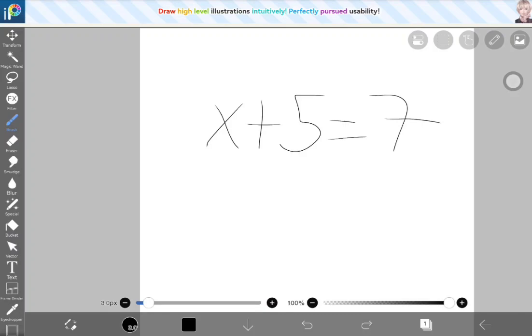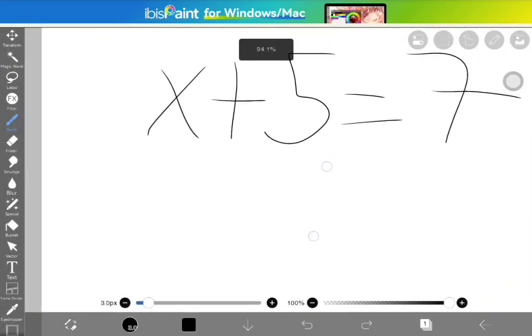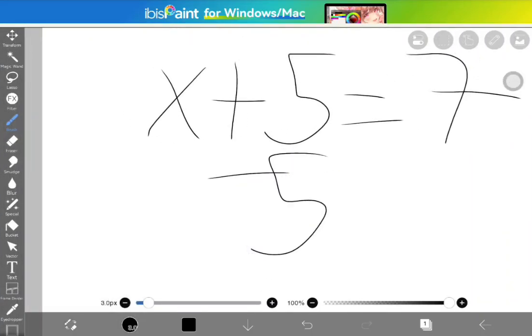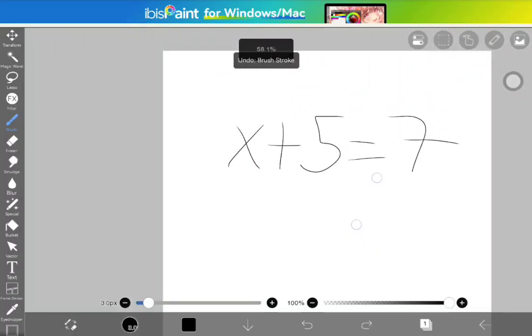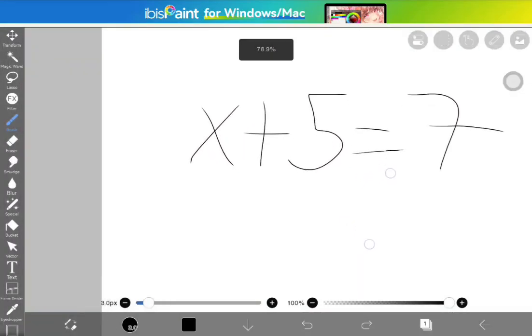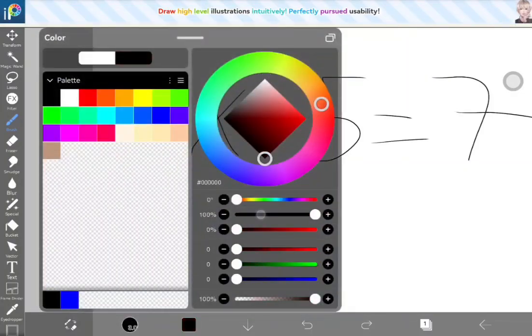Okay, so welcome. I'm gonna teach you guys why property of equality is important. Otherwise, it's basically just reversing stuff, like the thing that I did for transversals. The reason why it's important is to maintain balance and validity, and to also solve mathematical equations such as this. To find the value of x, you have to